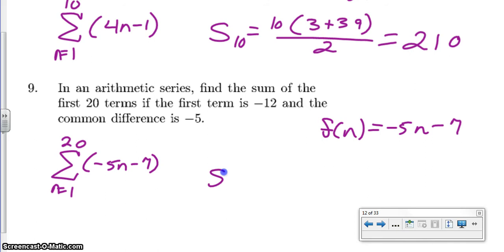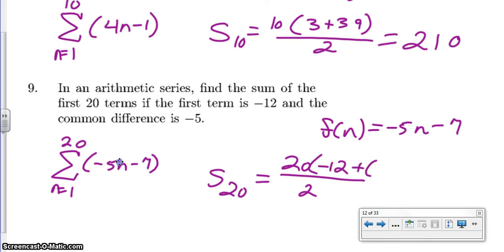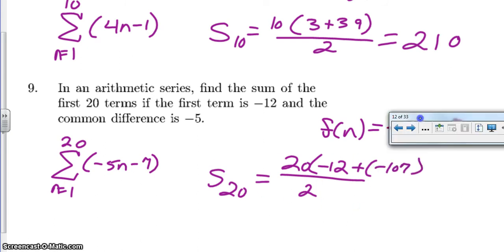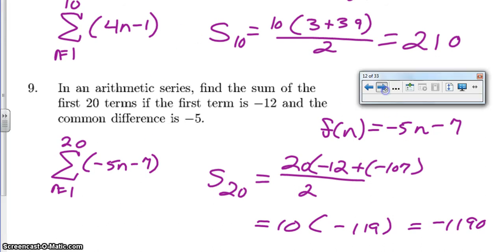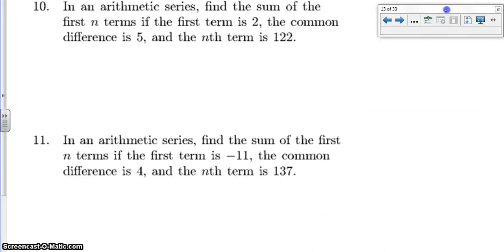Okay, so the series of 20 is equal to, I have 20 of these divided by 2. Negative 12 is my first term, plus 20 in here. That's negative 100 minus 7 is negative 107. Okay, so that would be 20 divided by 2 is 10. Okay, and that would be 10 times negative 119. Oh, Mrs. Rose, that's negative 1,190. All right, let's go ahead and do problem number 10, and then I'll do another video with problems 11 through